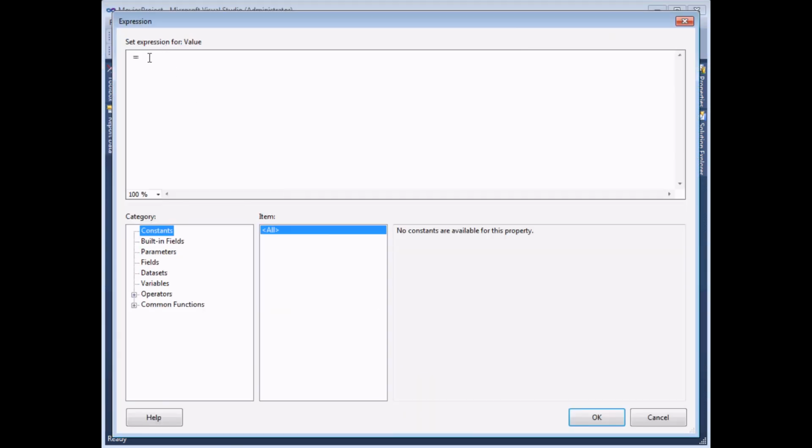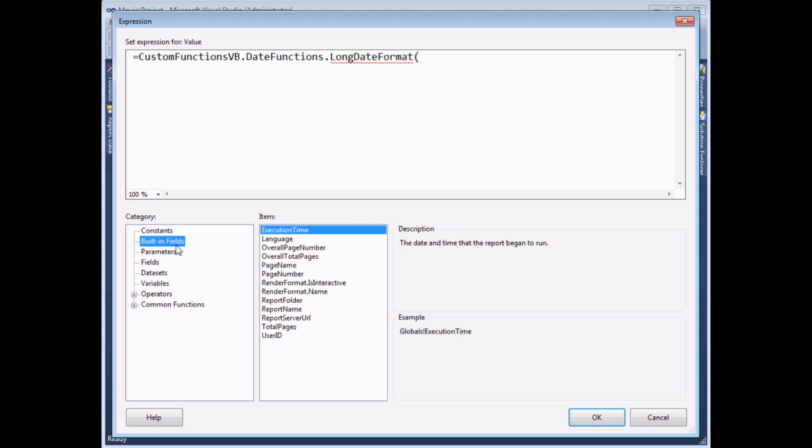And I've got my expression builder open. So I've just found out that I've got a project called Custom Functions VB dot date functions, which is the name of the class, dot long date format, which is the name of the function, and I know I need to pass in a single value to one of its parameters. So it's got a single parameter to provide an argument to. So I'm going to use a built-in field to do that for convenience. I'm going to use the execution time to provide the current date and time, close a parentheses,